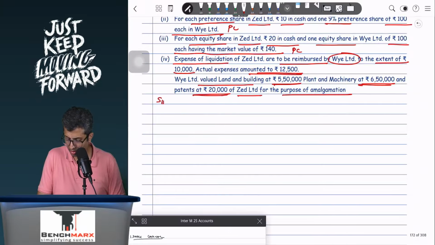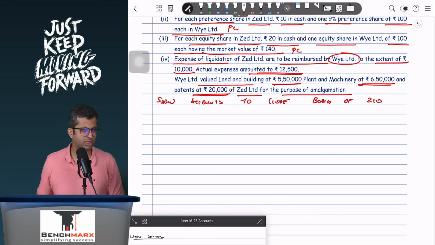Show accounts to close books of Z. Now even if I have to show these accounts, every time I first need to calculate the